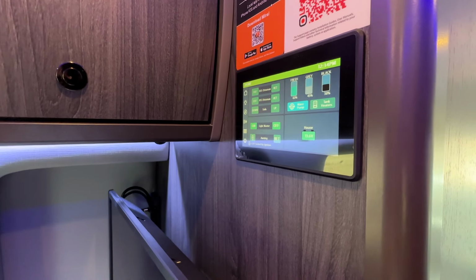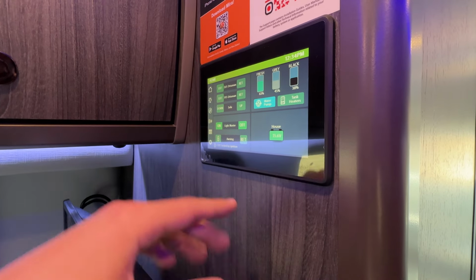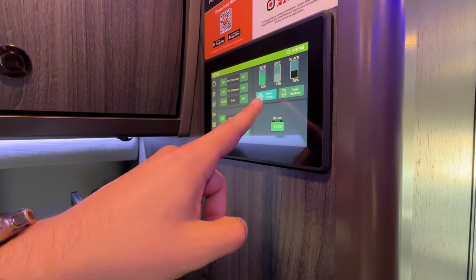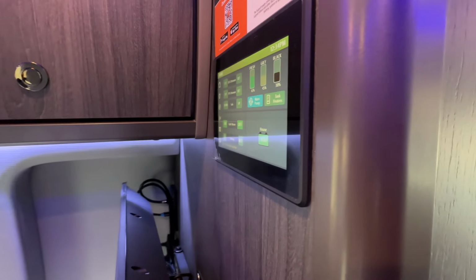So for example, if I want to use the bathroom or the sink, I can turn on or off the water pump. It also tells me how much fresh water, the fill of the gray tank, the black. It keeps you up to date on everything. But even more importantly, it controls major systems like the sofa, the ottomans, the awning,